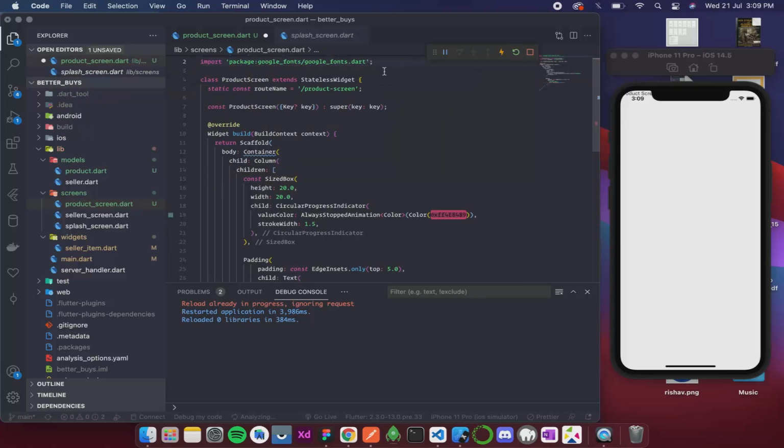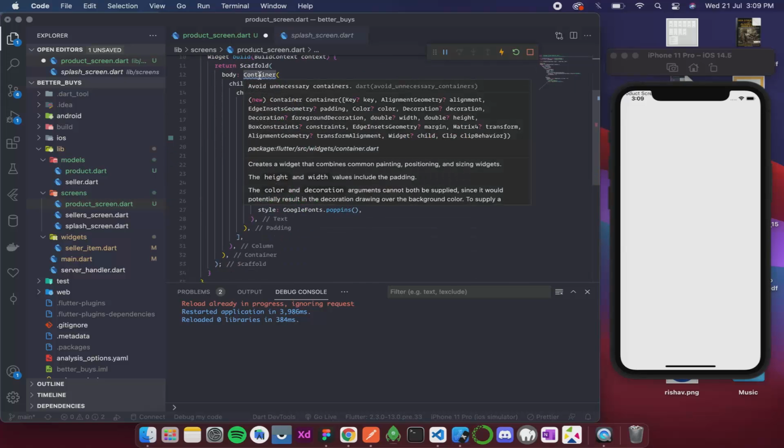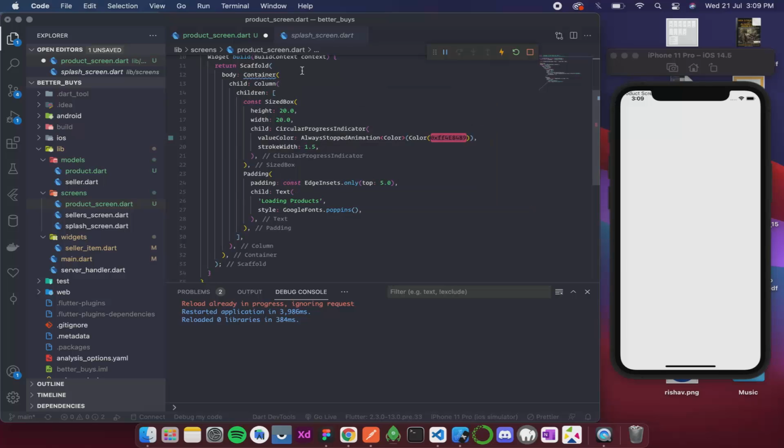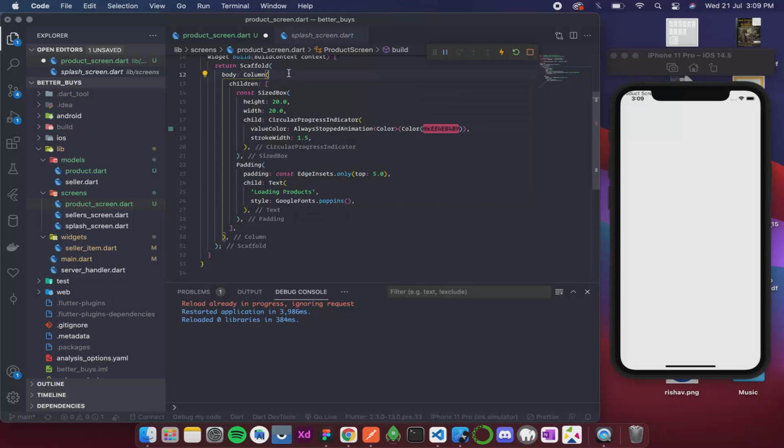Yes. Okay, let's format this. Over here it is giving us a warning, avoid unnecessary containers. Okay, that is actually correct. We don't need a container because we already have a column. Okay, so let's save this,